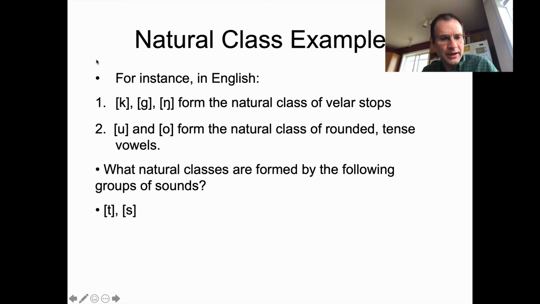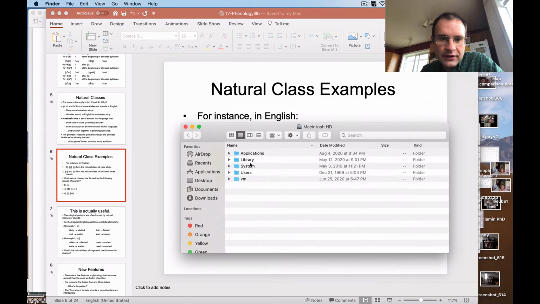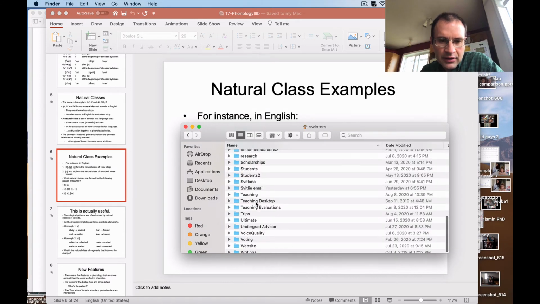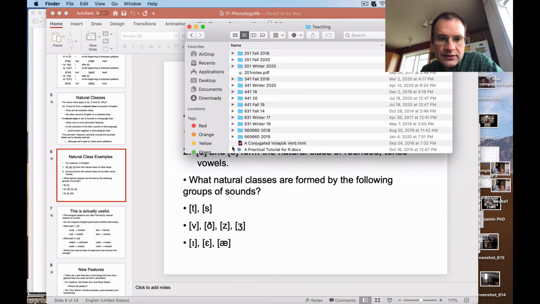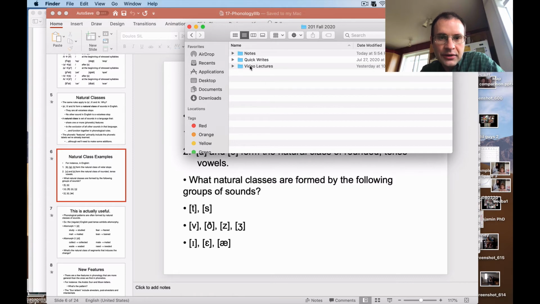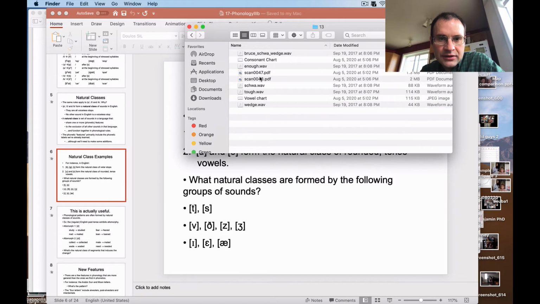And I think I might actually pick out that chart if I can find it, because that might be a useful way to walk through this. So the next set is the v, the eth, the z, and the j. What ties all of those together? And let's see if I can dig up the consonant chart.